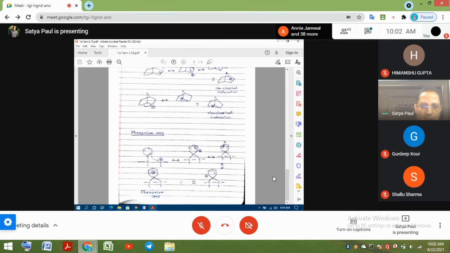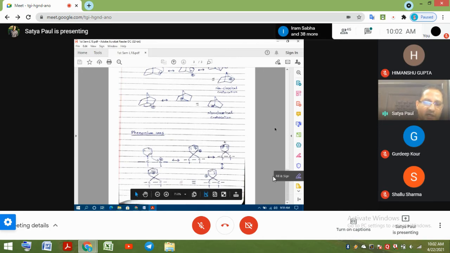And now plus over here, then these two electrons come over here, plus created over here, then these two here, plus created over here. So you can see this carbocation, this resonance hybrid is formed, and plus moves from here to this carbon and to this carbon. So you start from here, goes to this carbon only, and in between you have a positive charge. So these types of ions are known as phenonium ions. So this is known as phenonium ion.